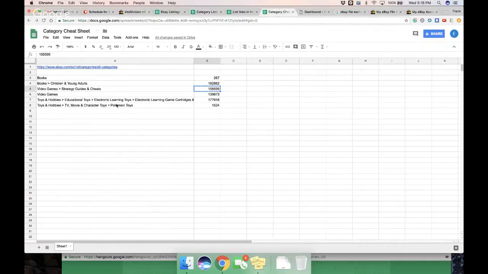And I actually have a cheat sheet here for a lot of the different categories we list in. We literally just started making this a day or two ago, so it's not even really filled out. But as we start listing in different categories, we're putting the IDs here. And in order to get the IDs,